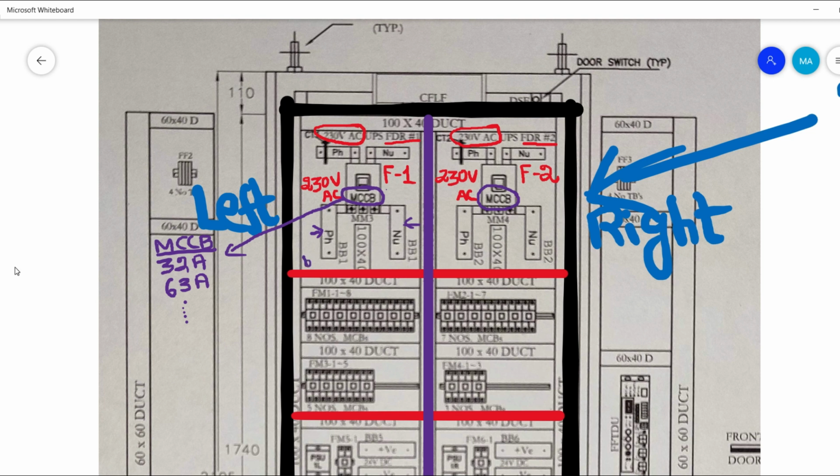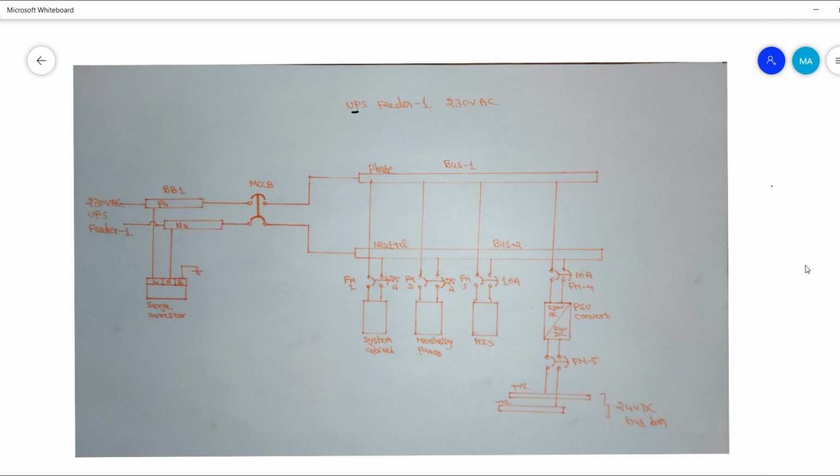Once this 230 volt AC comes across the MCCB, it gets into the 230 volt AC bus bar. We have a 230 volt bus bar in the feeder 1 section and in the feeder 2 section as well. Downstream of this 230 volt bus bar, many different ICS control system panels would tap this power source. We have marshalling panels, including analog and digital. We have system cabinets, including DCS, ESD and F&G systems.